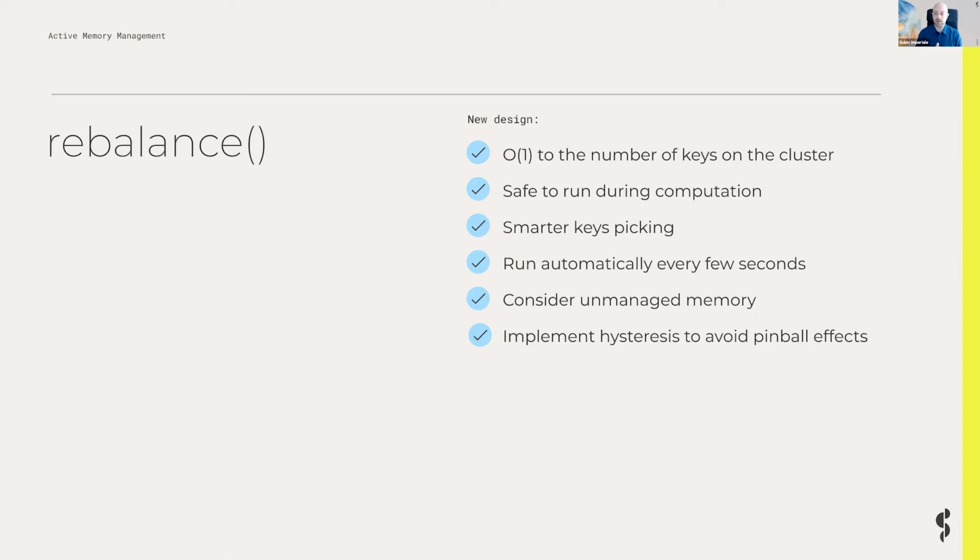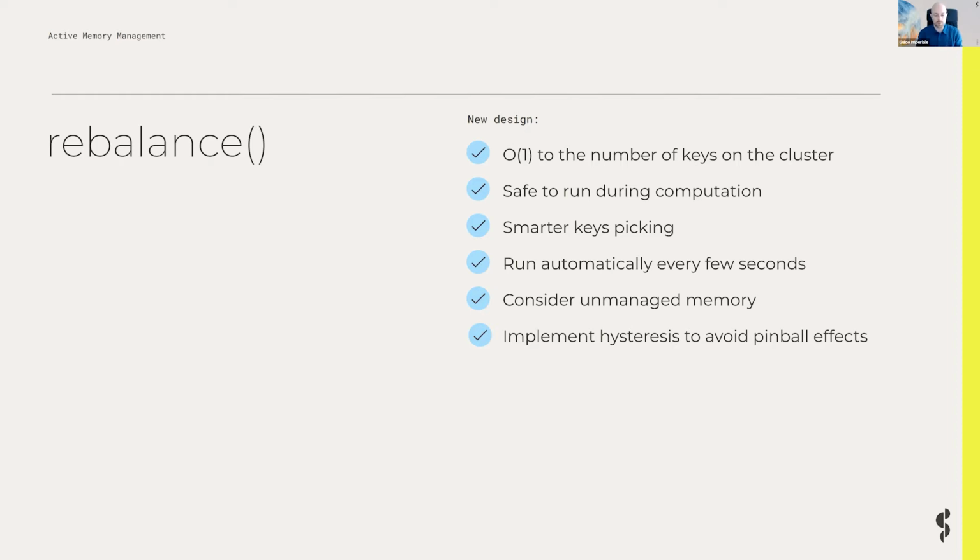So we're going to change it to be O(1). That is, if you have 1 key, it's going to take 5 milliseconds. If you have 1,000,000 keys, it's also going to take 5 milliseconds, as long as you don't have keys to actually move around. When you do have keys to move around, then the performance would be O(n) to those keys. So the more keys you have, the more you have a linear increase in runtime. But if you run it frequently, the idea is that you're not going to have many keys,